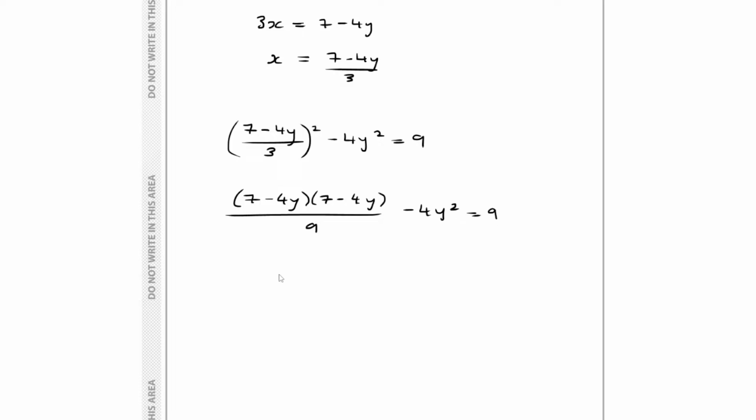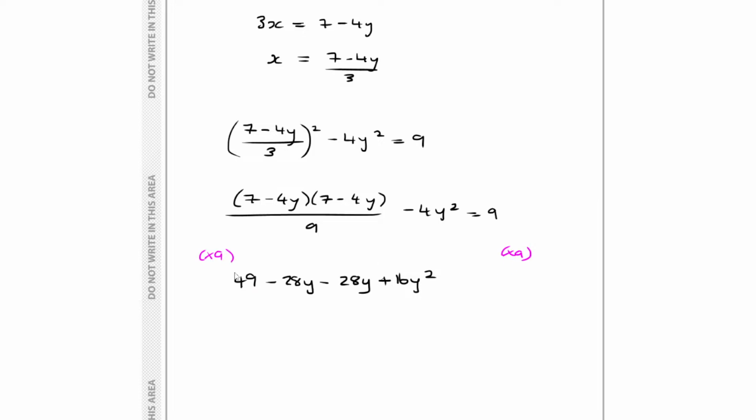So I'm going to expand the numerator, 49. So you do get 7 squared and you do get 4y squared, but you also get terms in the middle. You see how I'd get minus 28y minus another 28y. Don't miss those two out. And then that would become positive 16y squared. Now at the same time, I might just multiply everything by 9. So if you multiply across by 9,